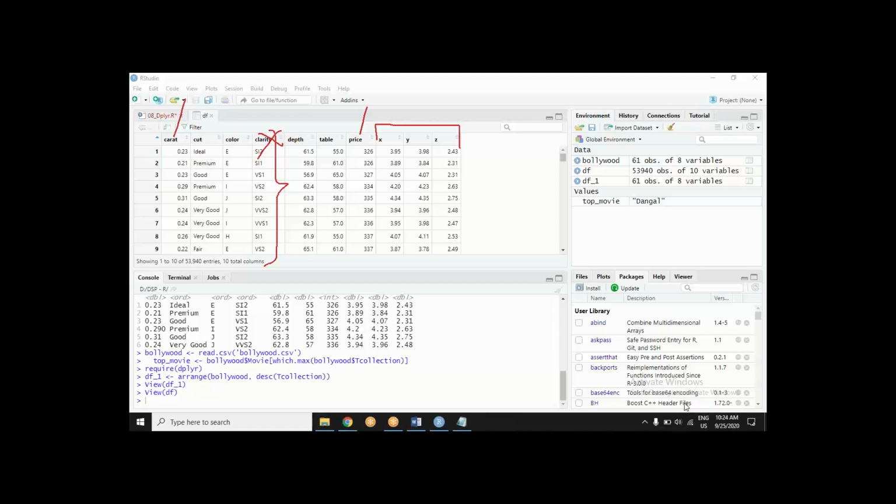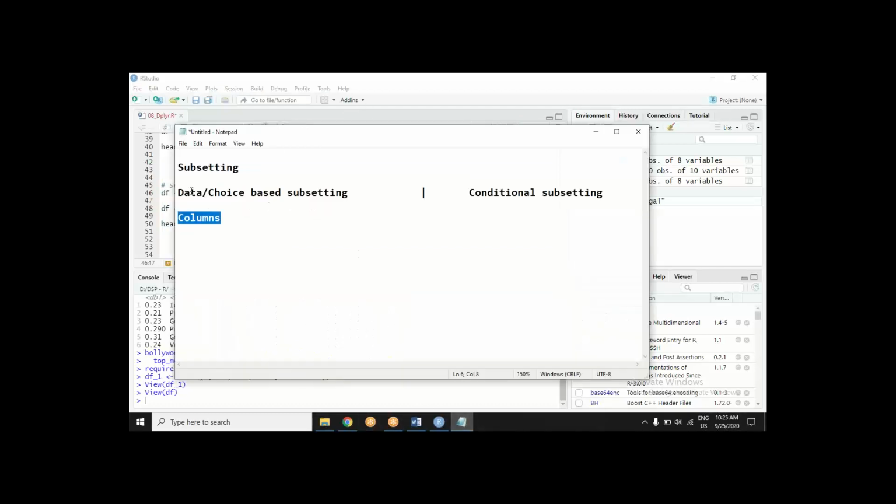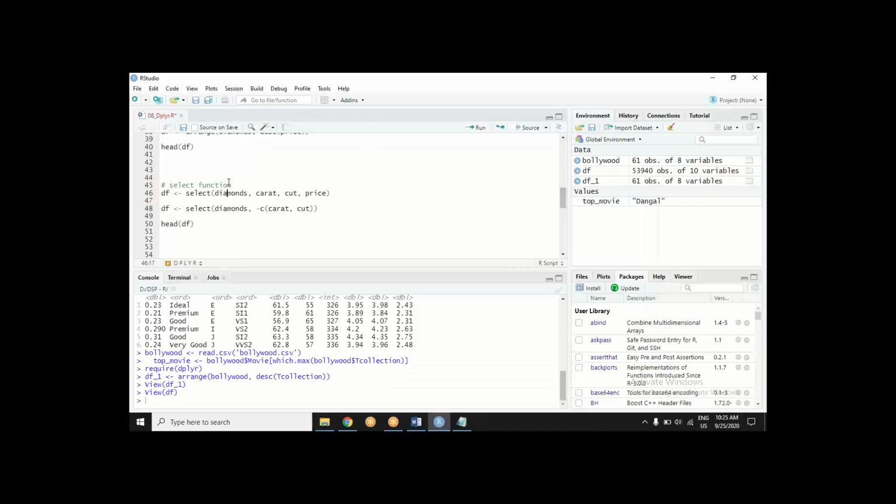This will be decided by the analyst, right? According to his experience, his expertise, his skills, his problem statement, or maybe hers. The data analyst is going to decide these things. So that is your data subsetting or choice subsetting. I am making my choice: I don't need this, I need that. That is what select is doing. So remember, select happens on columns.